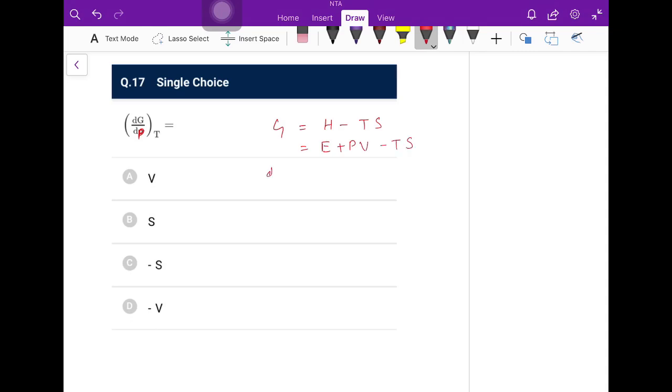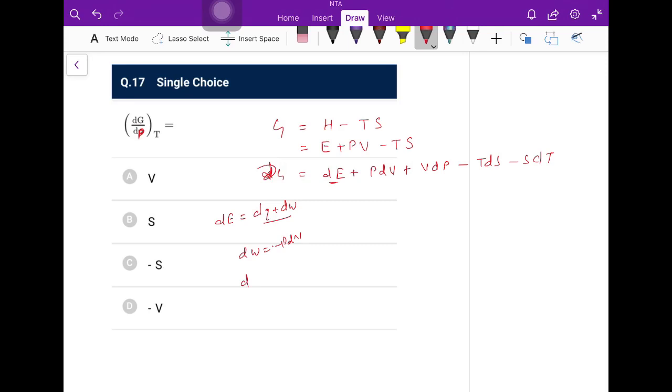Alright, so now dG is equal to dE plus PdV plus VdP minus TdS minus SdT. They have written it wrong here, but anyway, we do not need dE also. dE can be converted: for a very small change, dE is equal to dQ plus dW, and dW is equal to minus PdV. So substituting everything, also dQ,